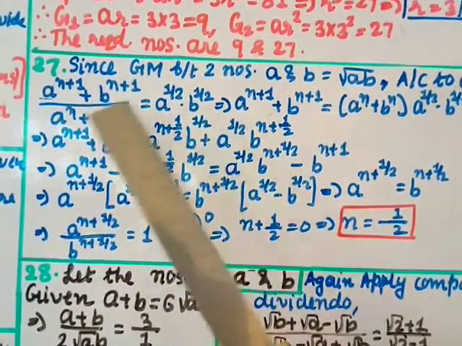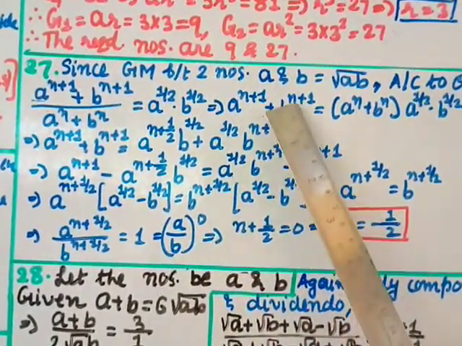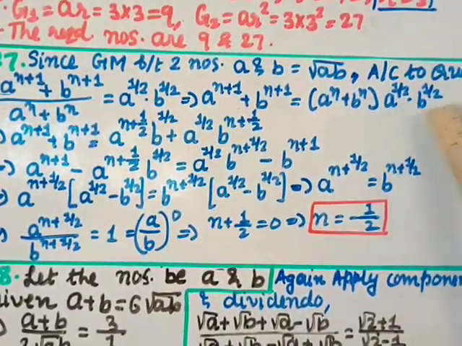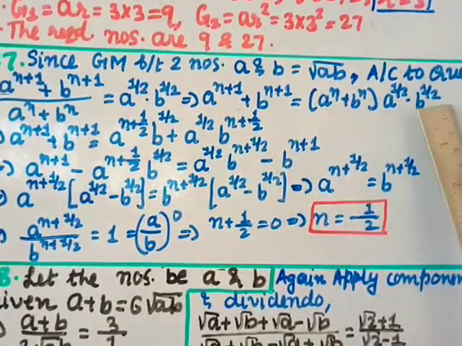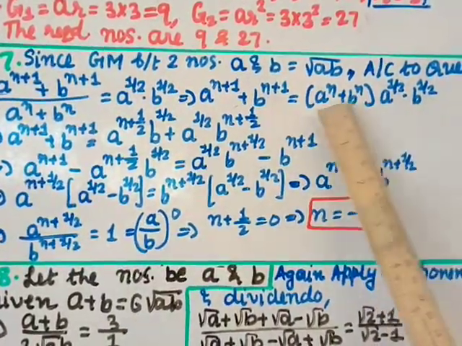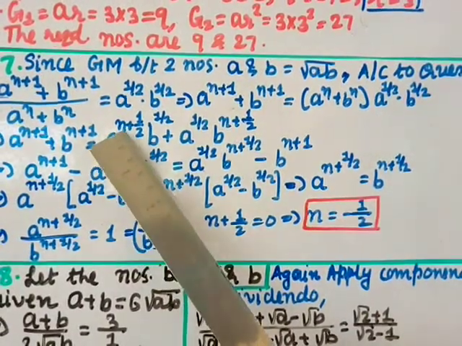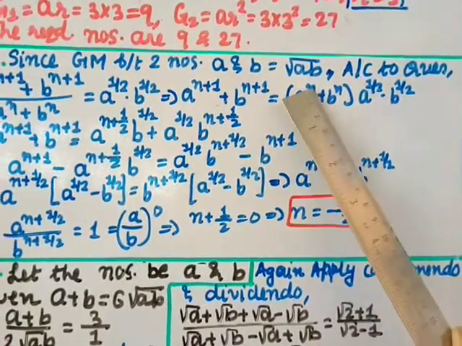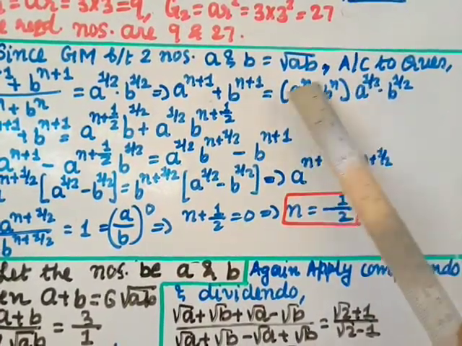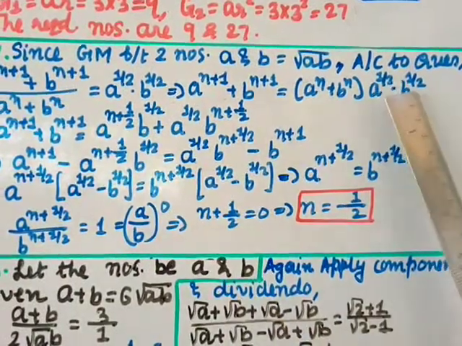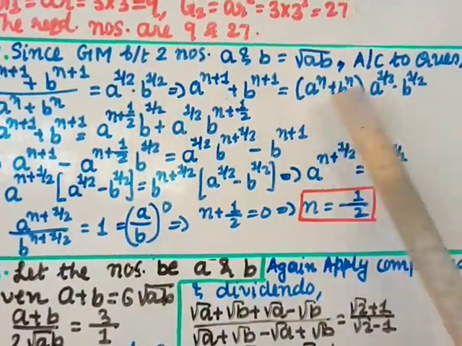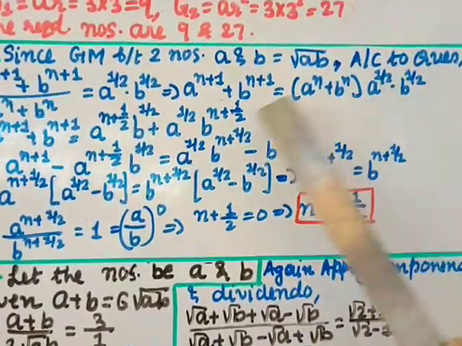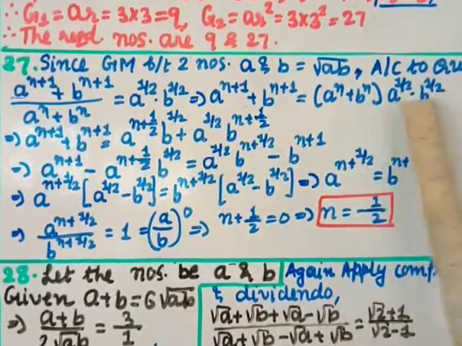Now this you transfer over here, so here you get aⁿ⁺¹ + bⁿ⁺¹ equal to, this term transferred, (aⁿ + bⁿ) into a^(1/2) into b^(1/2). Okay, so let us multiply this inside, this term keep as it is, and this side if you multiply you get here a^(n+1/2). Okay, these two terms together into this, so aⁿ into a^(1/2) combined together, so you get a^(n+1/2) into b^(1/2) as it is, plus now bⁿ into this, so you get a^(1/2) as it is and b^(n+1/2). Okay, so that is what multiplying inside.